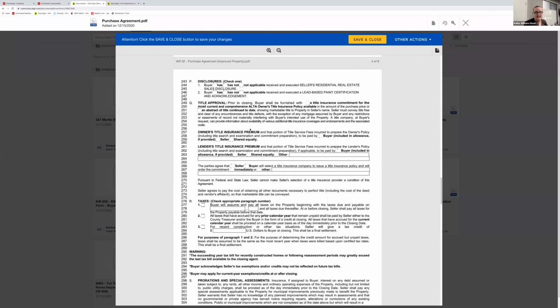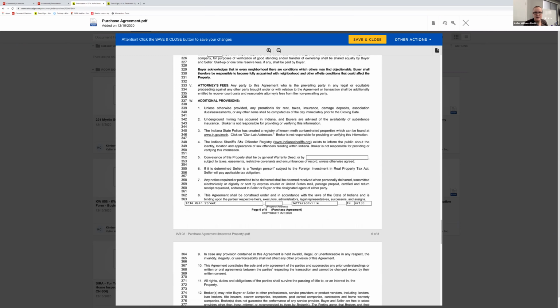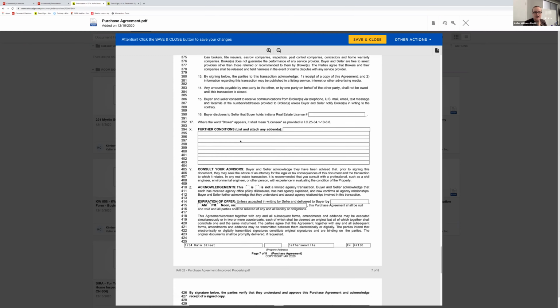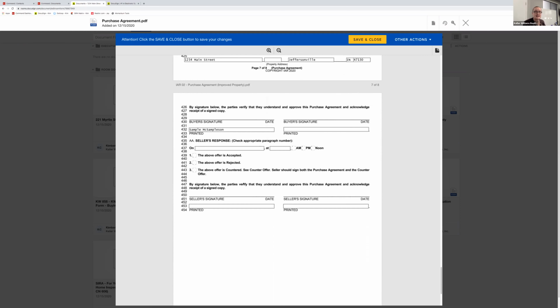All right, so I'm going to skip through a bunch of these because you guys know how to fill out contracts. But let's just make sure that we know what the main issues could be here. You'll see here at the bottom, I did not fill in a seller name, and therefore there's no seller name here. If I started to put a name in here,